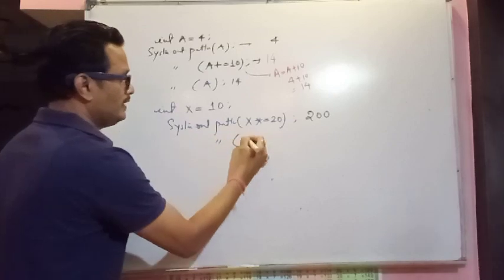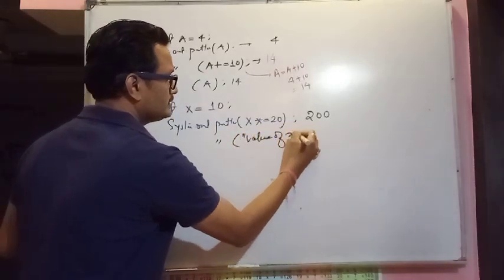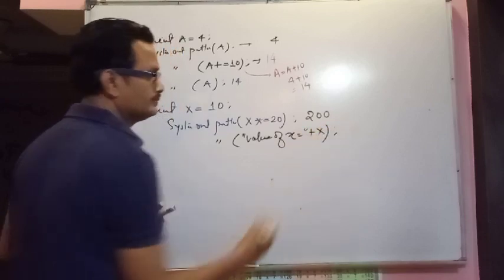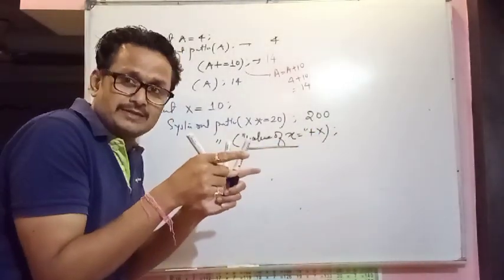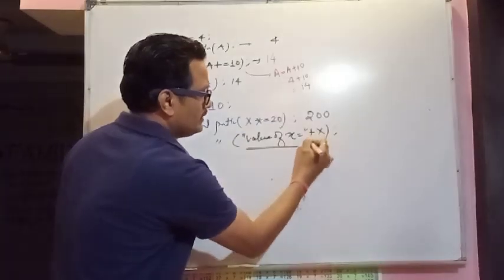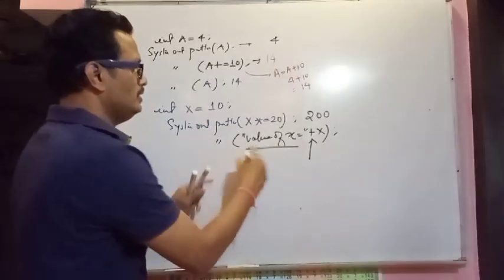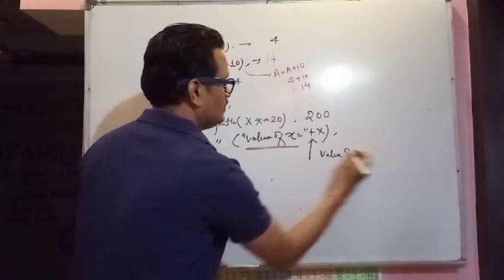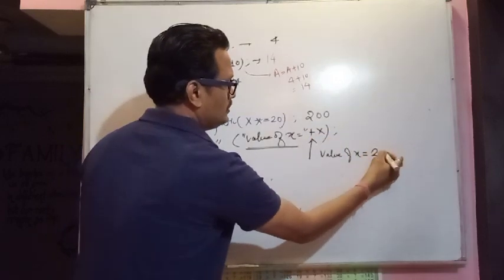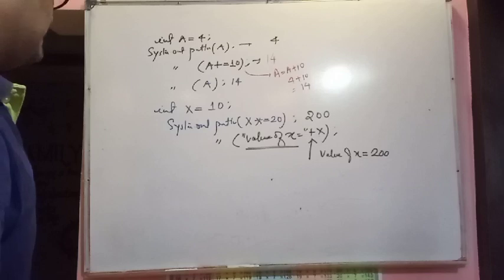And if you print the value of x is equal to plus x, so this is your string that will display as a message. This will concatenate the value. It is कैसा काम करेगा? Concate करेगा. Now your answer will be what? Your answer will be value of x is equal to, the value of x is what? 20. Last example.